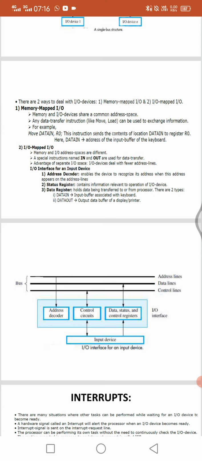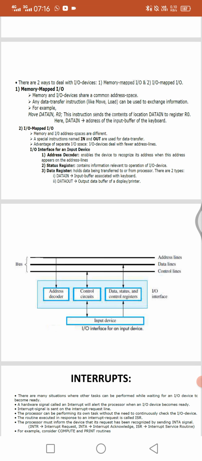Coming to Move Data-in, R0: this instruction sends the contents of the location Data-in into register 0. Here Data-in is the address of the input buffer of the keyboard, so with the help of Data-in we send data through the keyboard.